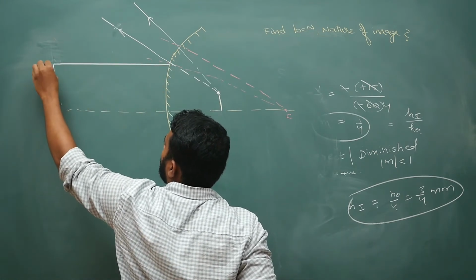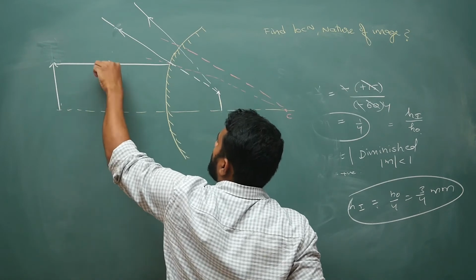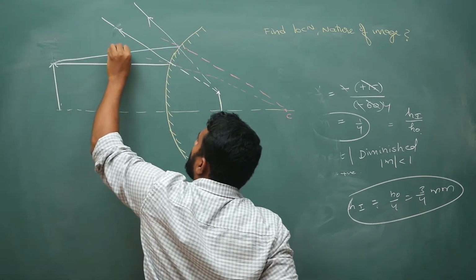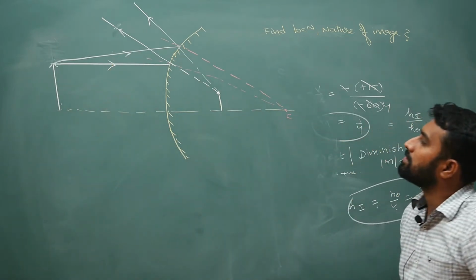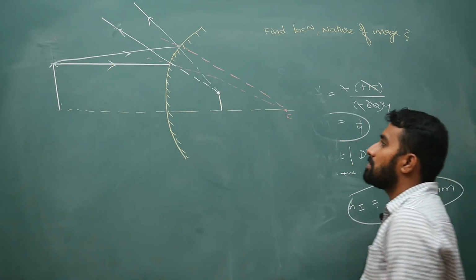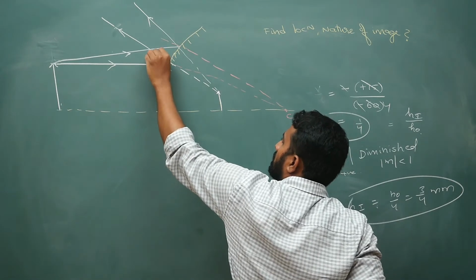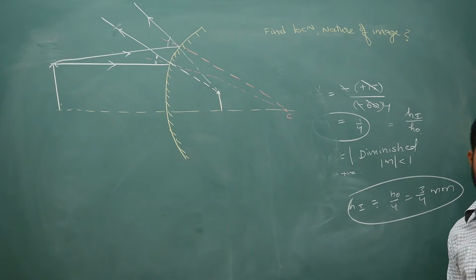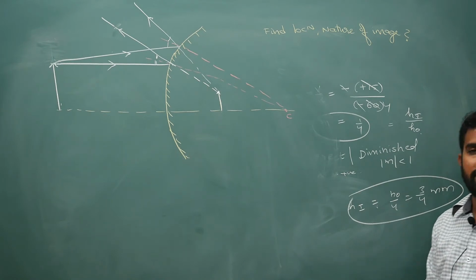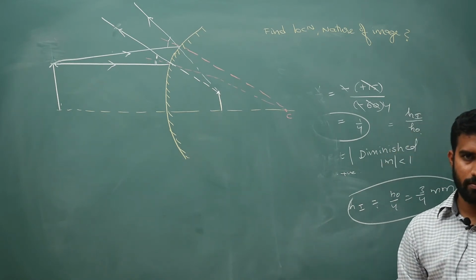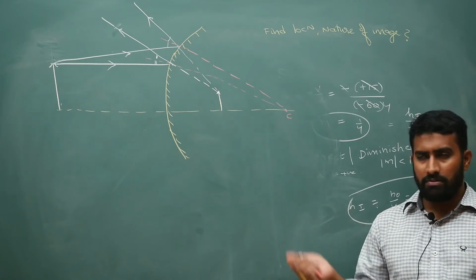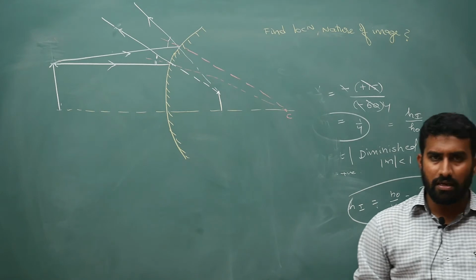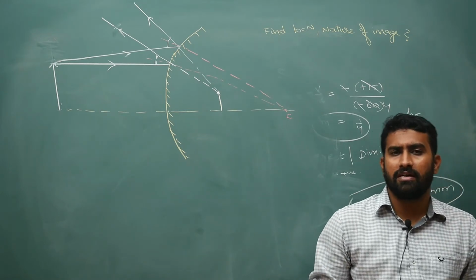Then, for the formation of image, from here rays will come like this. So these two angles will be equal, this angle and this angle will be equal, you have the normal, everything. Like this you will explain the formation of an erect image here. Right, from the image draw the ray diagram, it will become easy. So if you are struggling, pause the video and redraw the diagram once again.